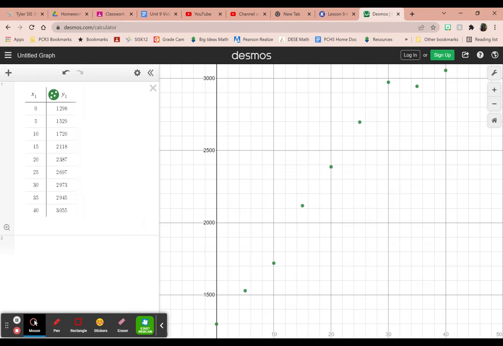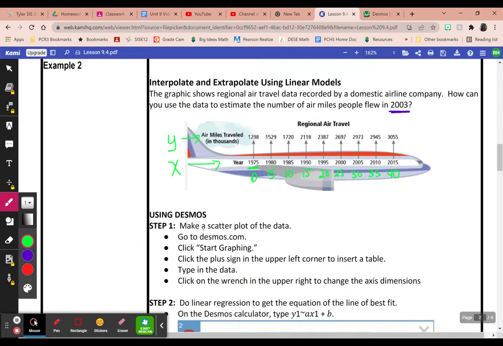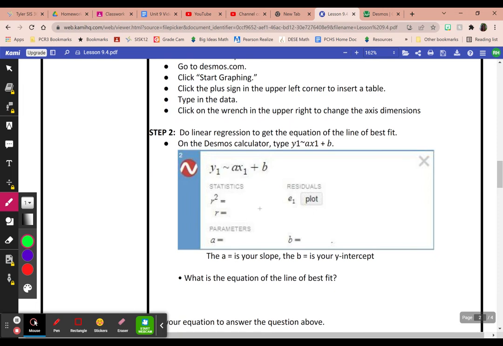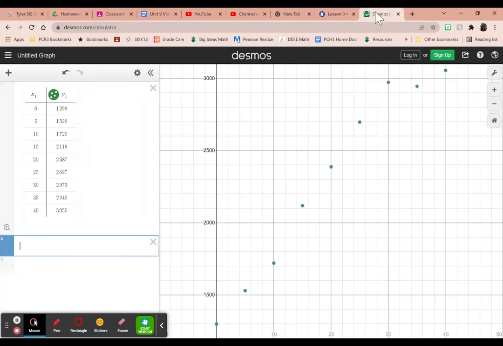Then to do the linear regression, you have to get an equation of line of best fit. So we have to put in a weird kind of equation for what we normally do. I'm going to go down here to number 2, and I'm going to put in what you see here in this box. I'm just following the steps here. I'm going to put this equation in number 2 right here. So a couple of little buttons you probably haven't seen before again. This is going to be y, and then when you do,